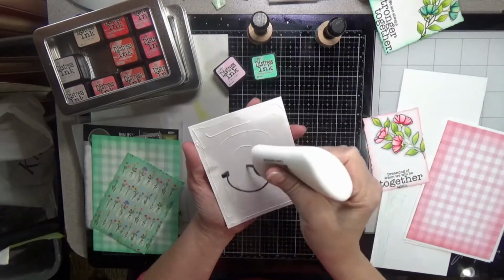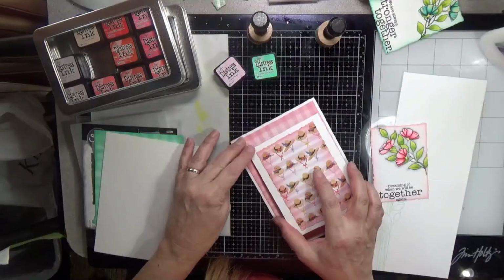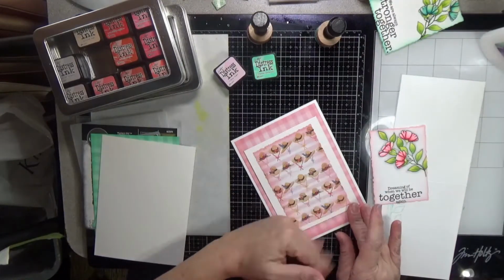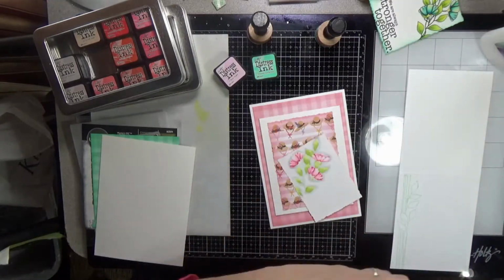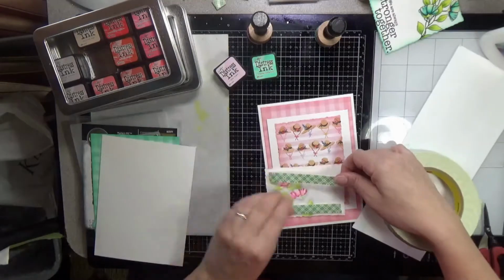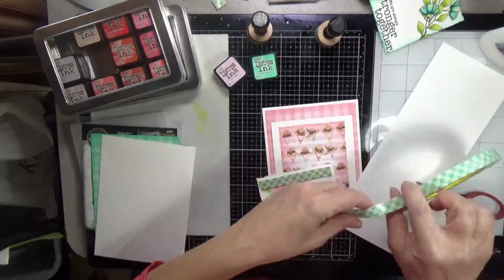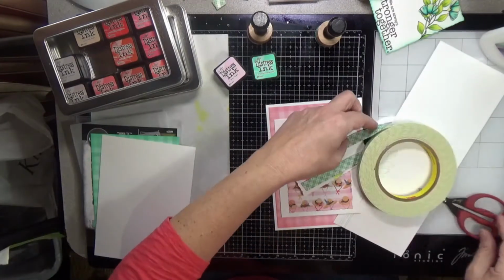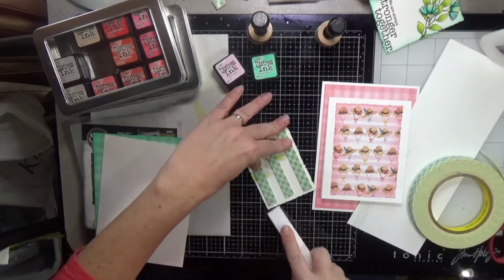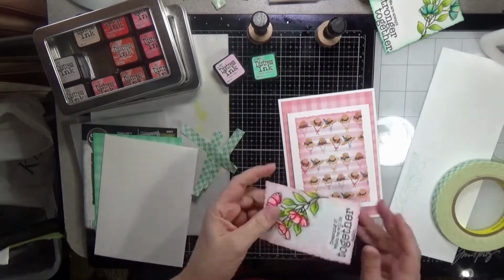And then I'm going to glue this onto the front of the flat panel, and then I will use my foam tape to pop up the colored image. Once I get the foam tape on this piece, then we will move along to the teal colored card, and we will get that all put together. And at the end of this video, I will show you pictures of both the cards and the insides of the cards. But before we get there, there will be one final embellishment on the outside of the cards,